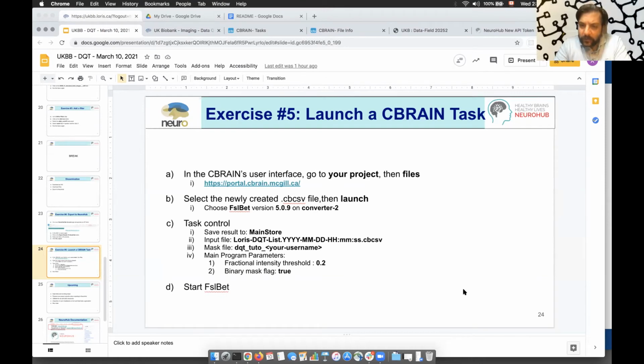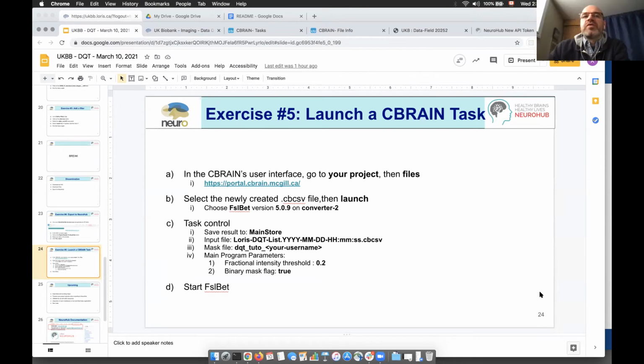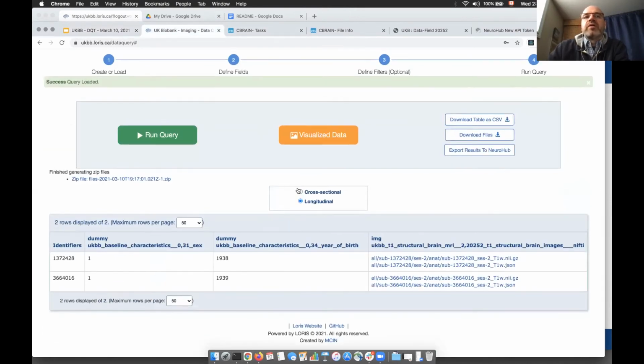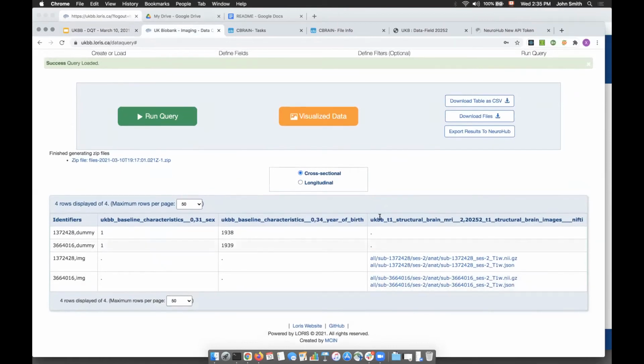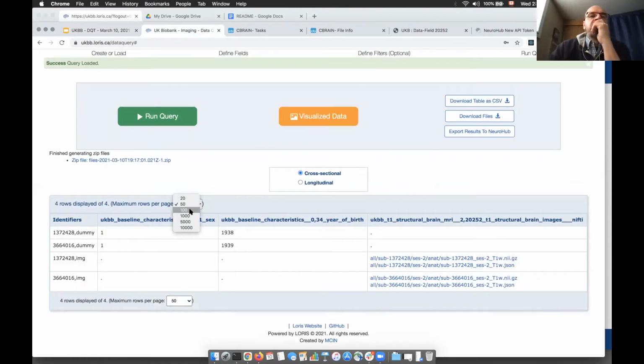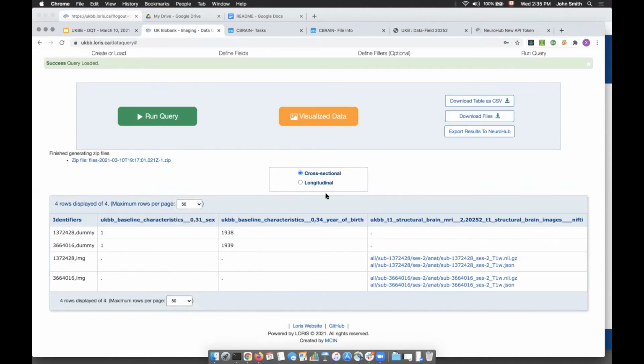Also, another question. The query does not show the image link. Is this a problem with my counter or the process? Good question. Well, I think the image link, are you referring, because there is both the cross-sectional view, right, that Xavier you're showing, and the longitudinal, and the cross-sectional didn't show the actual image, right? Yeah, or I was wrong, sorry. Down further below, okay, and either add more results or switch pages.